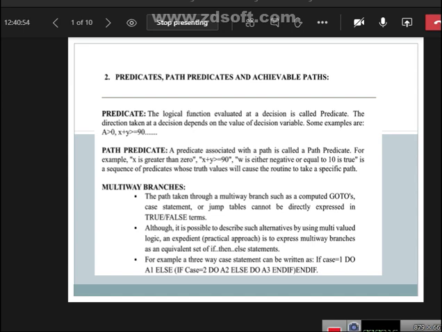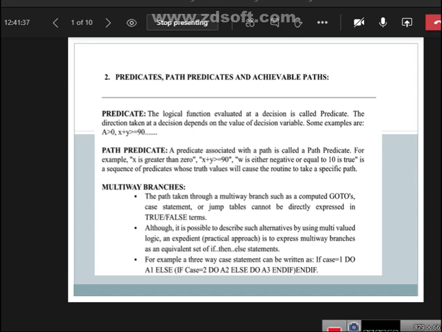Here we have three case statements: case 1, case 2, and the last one case 3. If case is equal to 1, if it satisfies this if condition, then we go for that statement. Otherwise, we do not go for that statement. Based upon the condition itself, we are moving from one path to another path. For that reason, we have to choose the multi-way branch. If there is a multi-way branch, it has the option to move from one place to another place. Otherwise, it can't move.